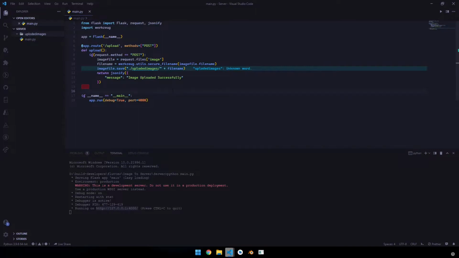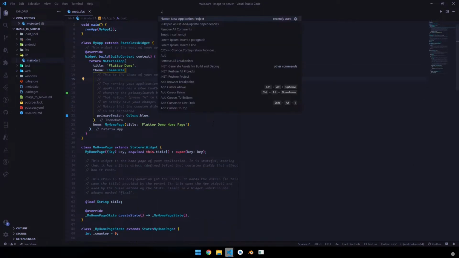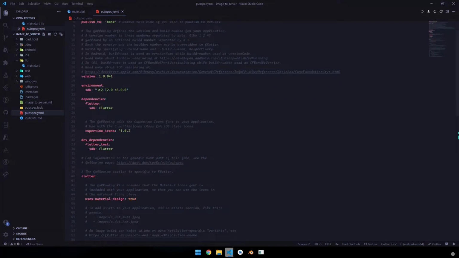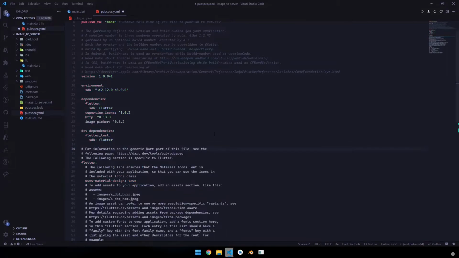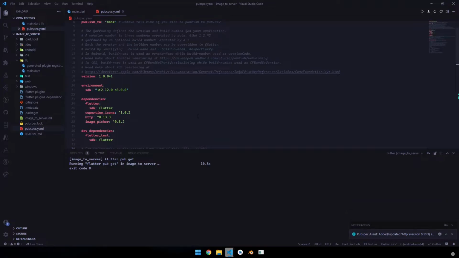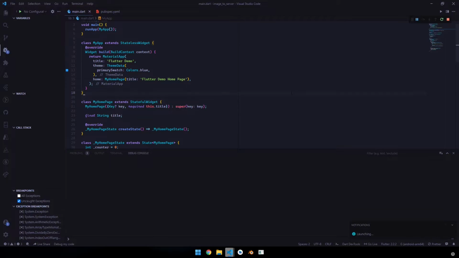So now let's start writing code for a Flutter application. So now I have created a new Flutter project, and now let's remove all the code and comments, hit Ctrl S. Now let's import the necessary packages we will be using in this application. One is the HTTP package, and the other package we will be using is image_picker for picking the image. So now let's hit Ctrl S. Basically flutter pub get runs and all the necessary dependencies get installed. Now let's run our application.